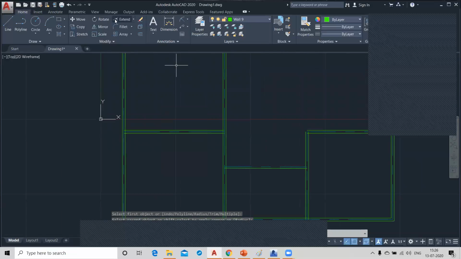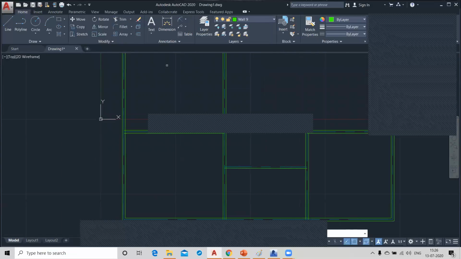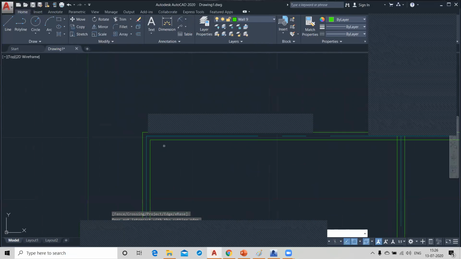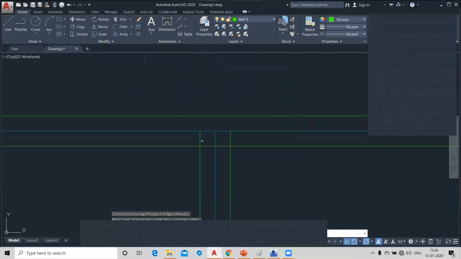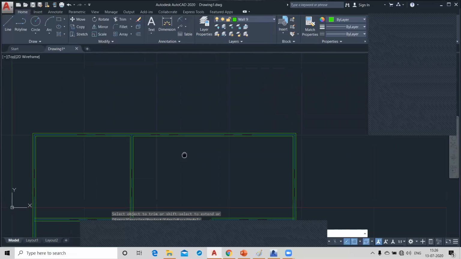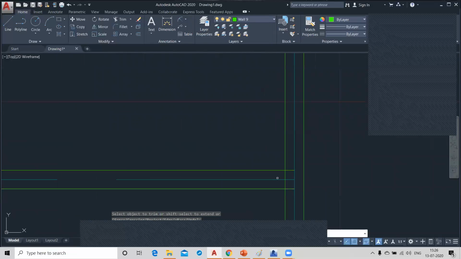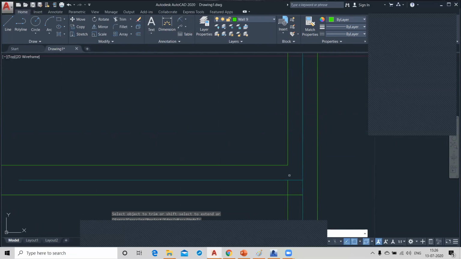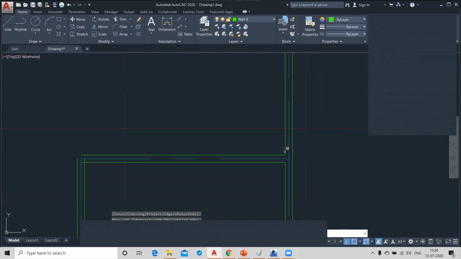And remove all the bars. Which command is used to join corners, sir? Fillet, with 0 radius. Okay, sir.